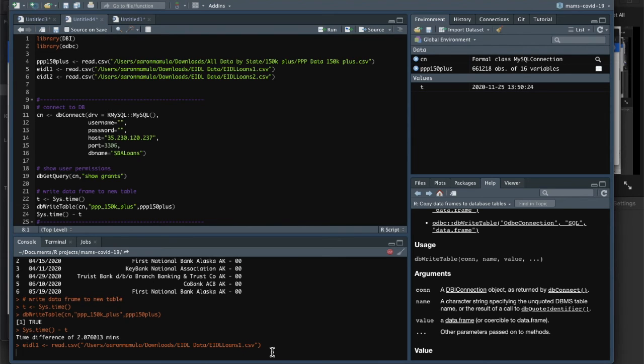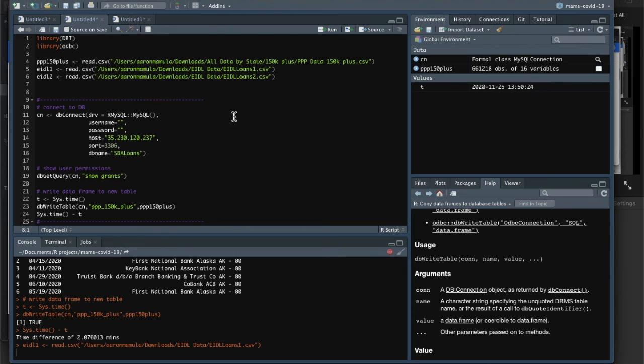Like, it takes a little while. It takes a couple of seconds to read them in, and if you wanted to work with them all at once, it might be slow. And so it's nice to have them in a table that you could query and bring down smaller pieces of data so that you don't have to have